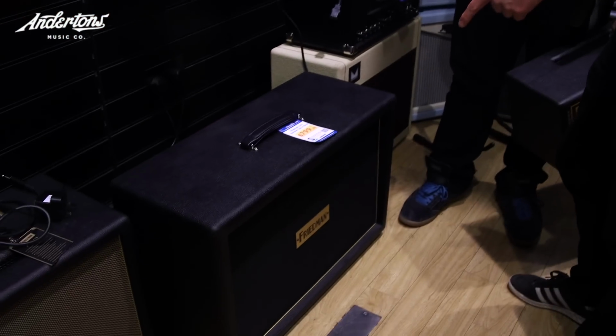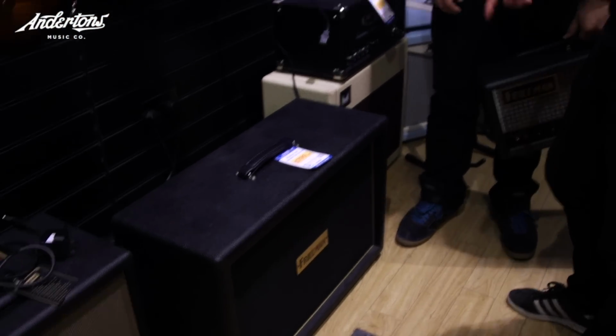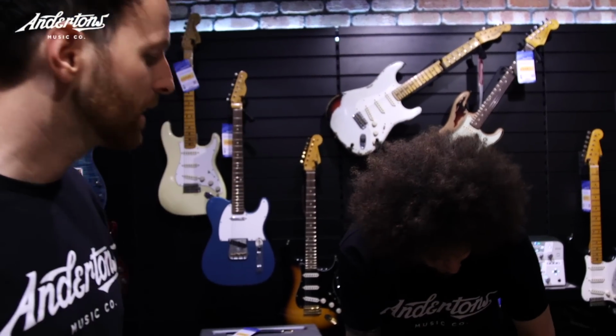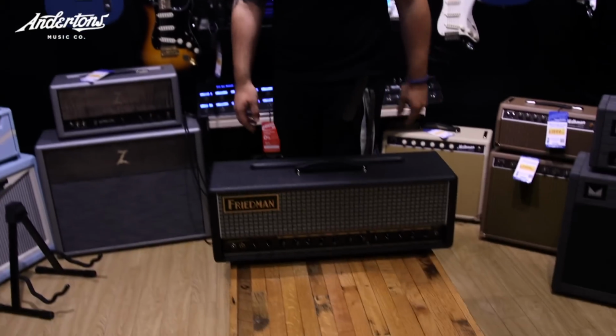Paired up with this Friedman 2x12. $799, so that's £800 for the cab. The head is also crazy, crazy expensive, but by the sounds of the other demos I've heard, it should sound amazing. Now we're on to Brent Hinds, and this is going to be slightly more of a challenge,